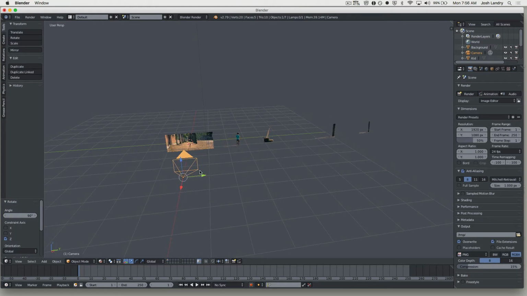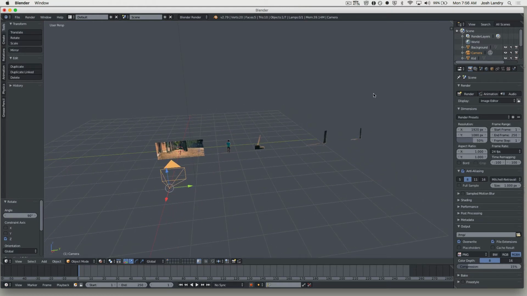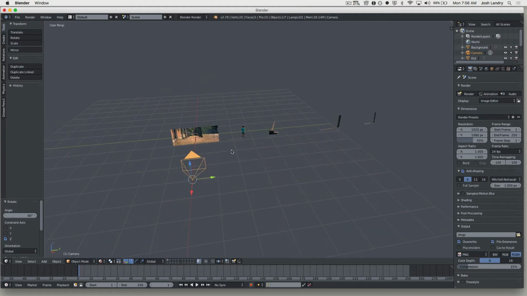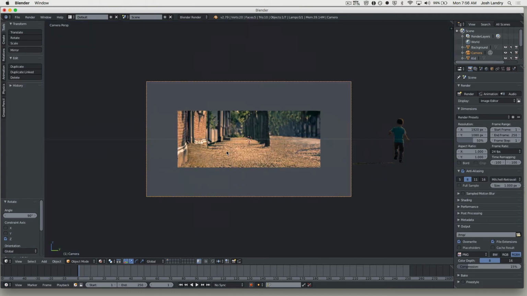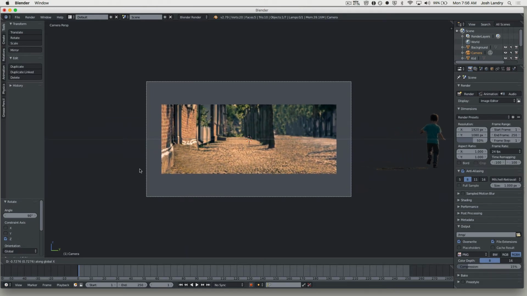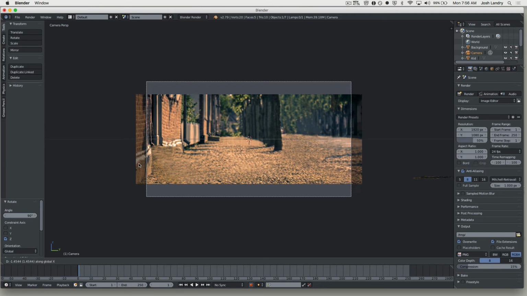Okay, so now I'm going to go ahead and split my window into two windows. That way I can see a camera view at all times, and I can have my work view here. You don't have to split your window into two views. You could just press 0, and now I can see through my camera. My camera is selected. So I could do this. If I want to move my camera in, I could just press G, X, to make sure I'm on the x-axis, and then I could move my mouse in